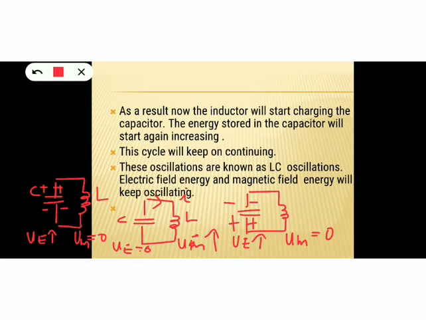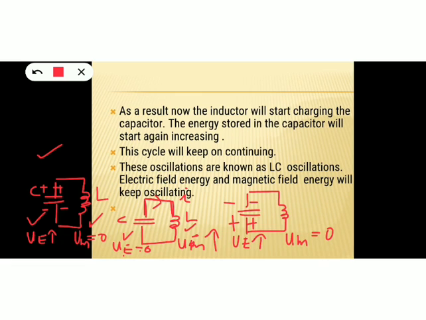Okay, children, the figures on the screen help you to understand the oscillations of energy between capacitor and inductor. See, in the first stage, the capacitor is fully charged. So the electrical energy stored in the capacitor is maximum and the magnetic energy stored in the inductor is 0. Now, once the capacitor is fully charged, it starts to discharge. So all the charges are transferred to the inductor. Now all the charges from the capacitor are transferred to the inductor. So all the energy is stored in the inductor now. So now the capacitor energy, that means the electrical energy, is 0. But the magnetic energy stored in the inductor is maximum.